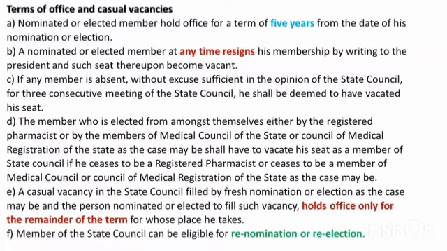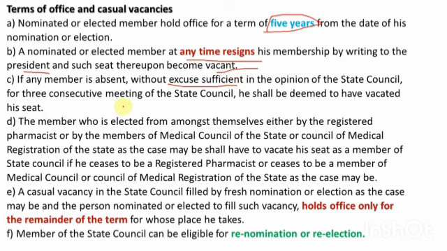Next, terms of office and casual vacancies. Nominated or elected members hold office for a term of 5 years. Then a nominated member at any time resigns his membership by writing to the president, and such seat thereupon becomes vacant. If any member is absent without excuse sufficient in the opinion of the State Council for 3 consecutive meetings